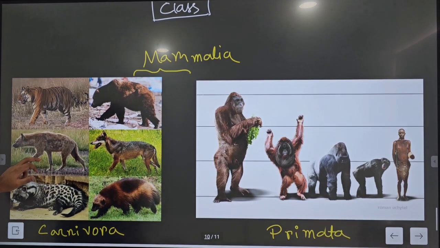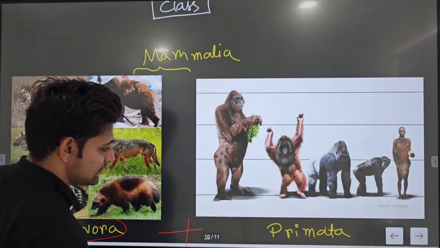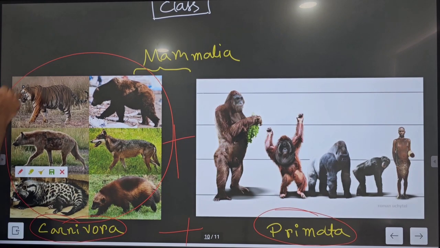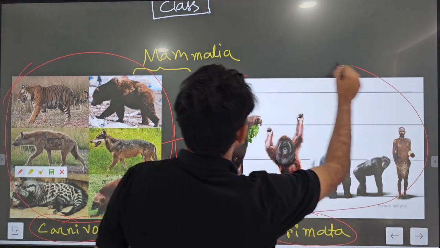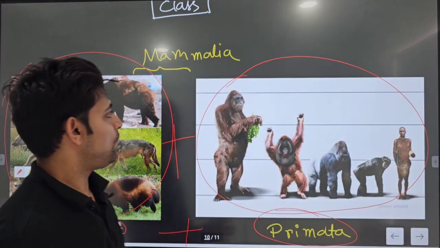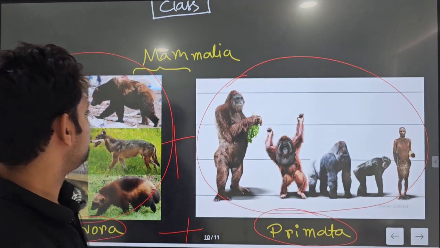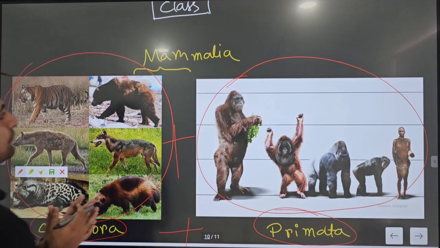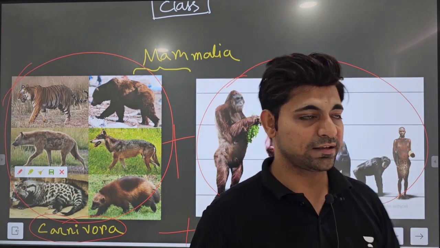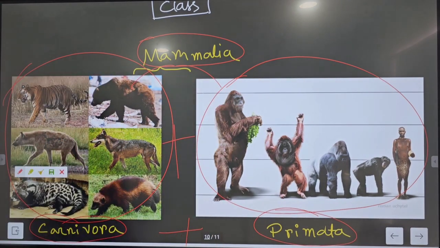Okay. Now next, one step ahead of order is class. Here we have kept order Carnivora plus order Primata. So all these are carnivores, all these are primates, including human beings, gorillas, howler monkeys, chimpanzees, all belong to order Primata. Now all the primates and all the carnivores together have a similar characteristic feature. We all feed upon mother's milk, and so our class is Mammalia. Both these two orders.